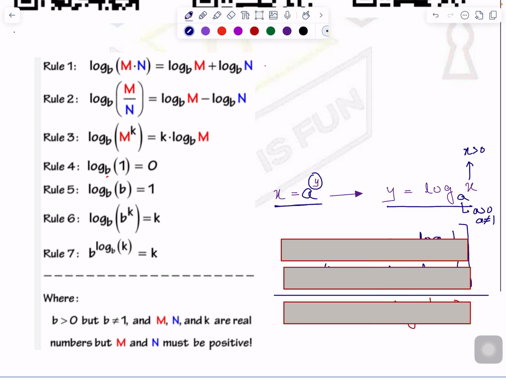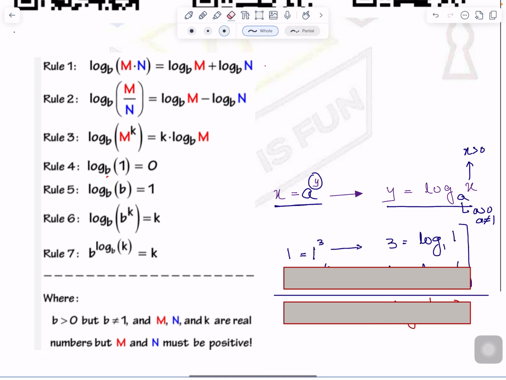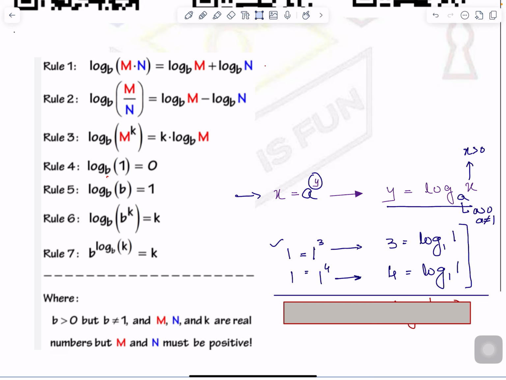Now why can it not be 1? Let's see the reason here quickly. Suppose I have changed this index number into log form, following this rule here. So what happened? You are getting log of 1 base 1 equals 3. Now let's take another one. 1 equals 1 power 4, 1 equals 1 power 5, 1 equals 1 power 3. No matter what power of 1 you take, it is always equal to 1. So now you see this is showing what? 2 different answers for the same thing. So that's why it is not defined for this.